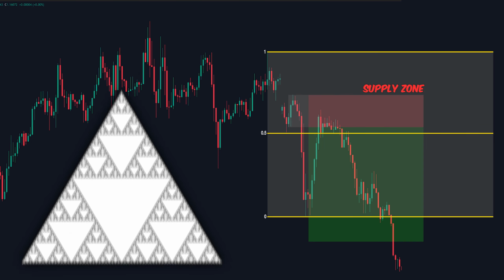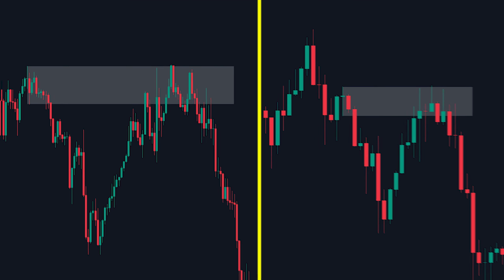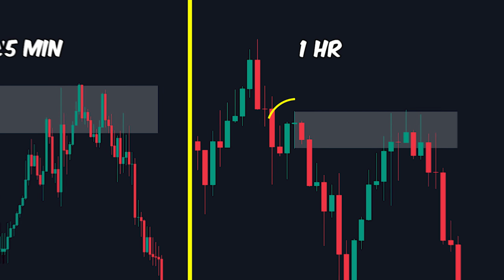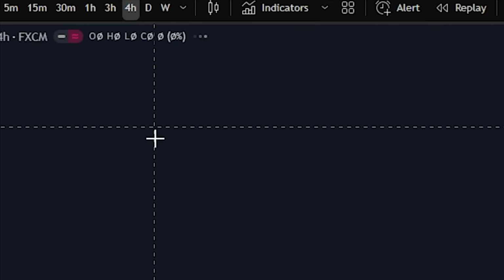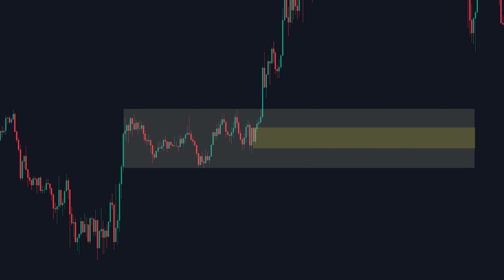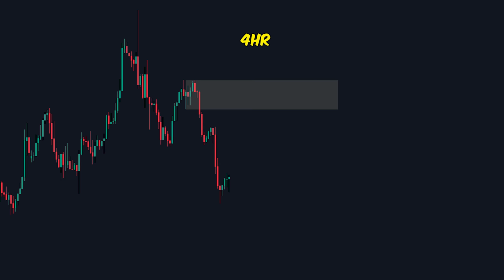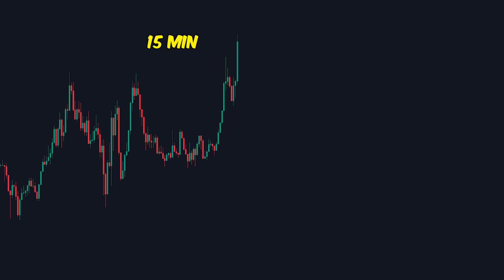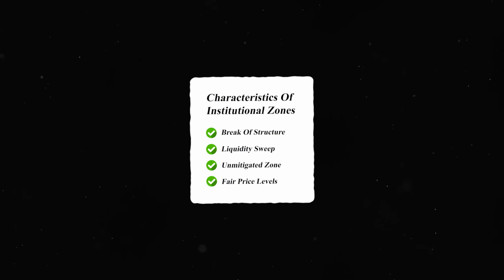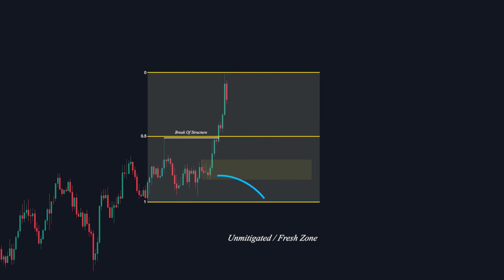But remember that the market has a fractal nature, meaning a range on the 15-minute chart might just be one single pivot candle on the 1-hour chart. So I always start on a higher time frame to mark the major zone, then drop to a lower time frame to refine my entry. Let's say you mark the pivot zone on the 4-hour time frame. Once price reaches there, drop to the 15-minute or 5-minute and wait for a clean change of character. After the change of character, you can enter the market using a limit order or market order. So this was the simple and easy criteria to filter out strong demand and supply zones.